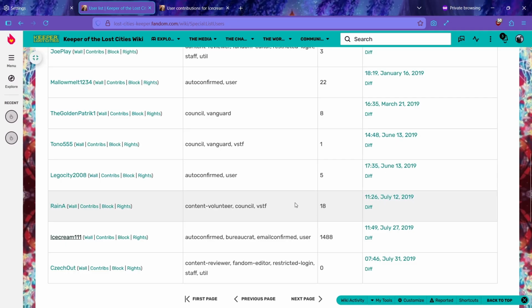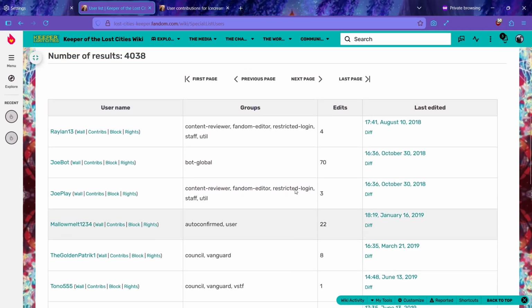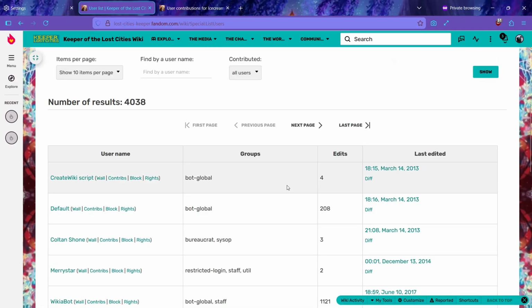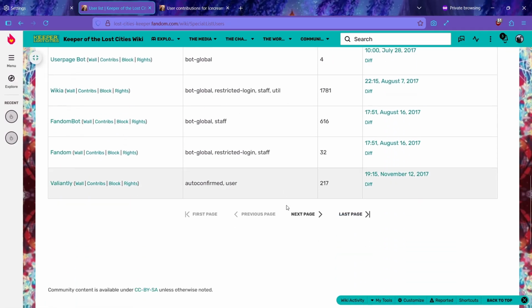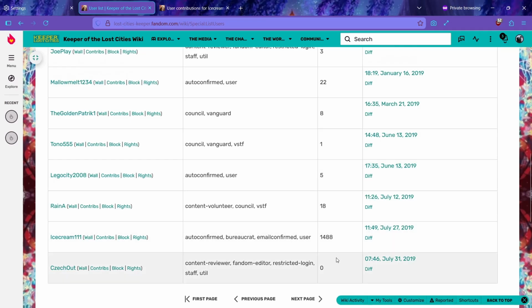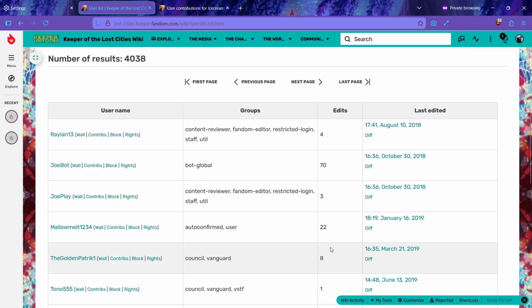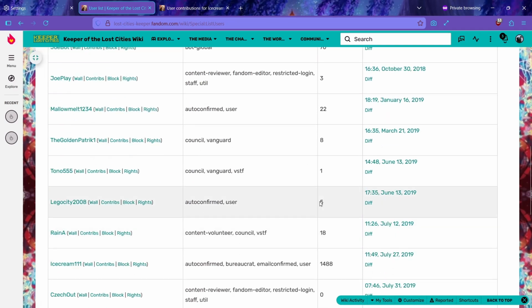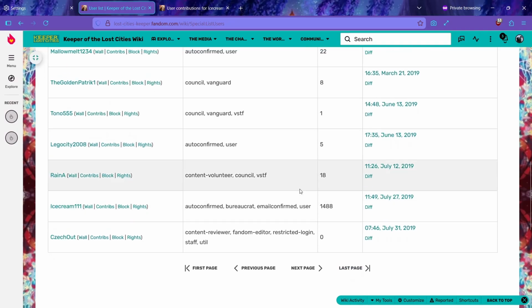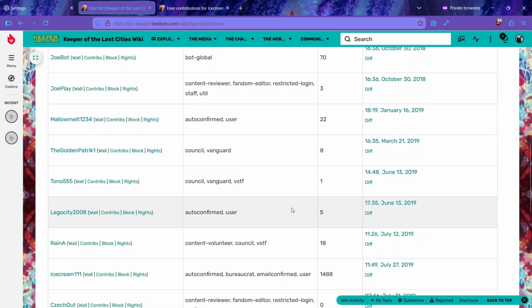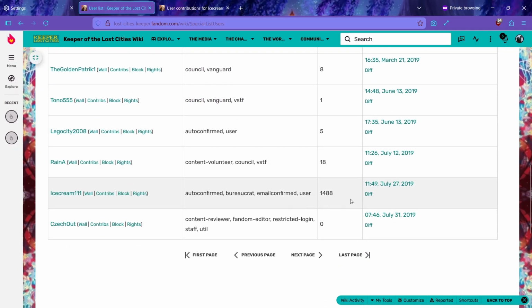And as you can see, only so much. There were definitely people helping out, but a list of users who last edited between this 2013 and 2019 date is like 20 users. It's very few. So either people stuck around longer than that, or just not that many people were around, which I think is some of both. And you had some of the original admins in here, some of the original people. So I joined the wiki in late 2017.